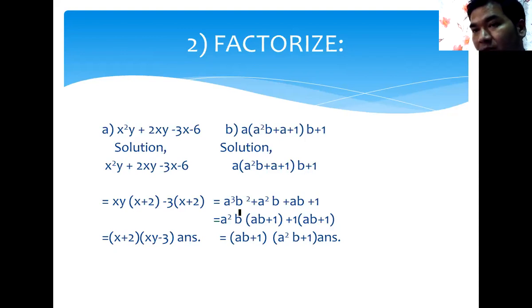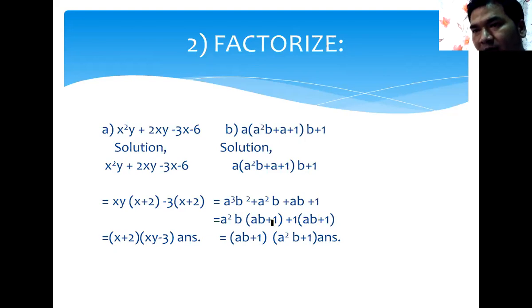Now let's check whether there's a common factor or not. A square b is common, a cube b square, where is b square? That's why a and b are left. That's ab left, and here 1 is left because all the terms of this a square b are gone. Then its coefficient is 1. 1 is remaining here. And here also 1 is common. Okay, 1 is common here. Take 1 common, plus 1. And here ab is left because 1 times 1 is 1. That's why 1 is still remaining here. Because this 1 we can write 1 into 1 and 1 remains here.